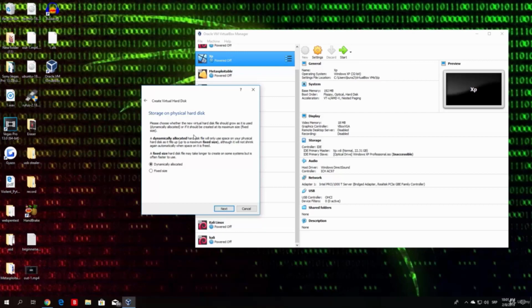Fixed size will already use the entire memory you gave to the hard disk. So basically if I give 20 GB of memory for my hard disk, it will already mark those gigabytes as used. While if you pick dynamically allocated, it will just fill in as time goes. So basically it won't allocate any memory for your hard disk, it will just dynamically fill in while you install some of the files